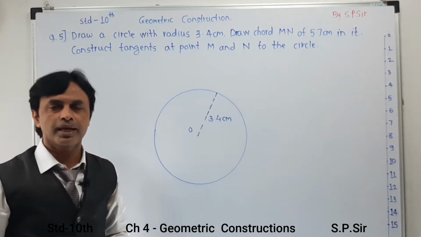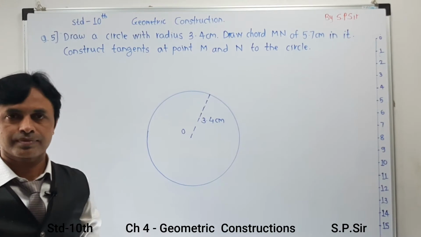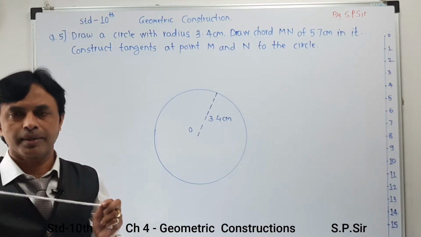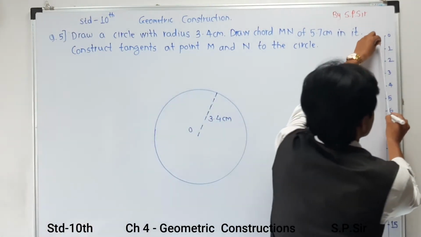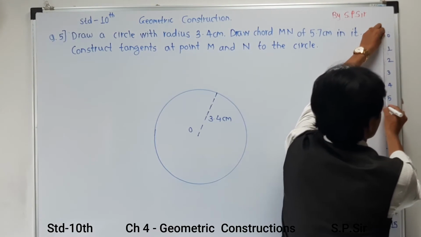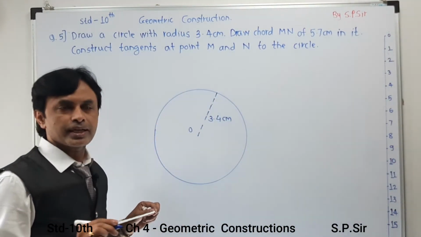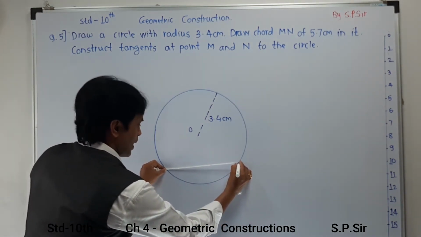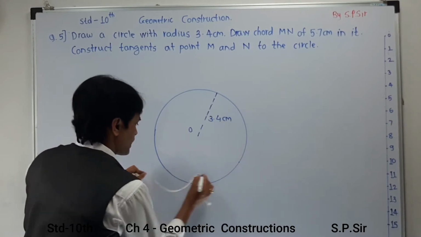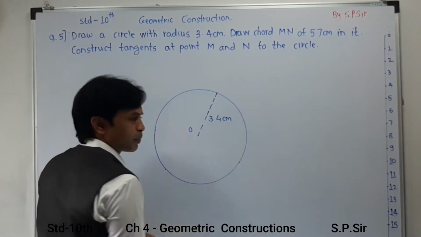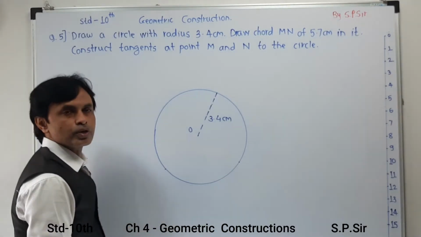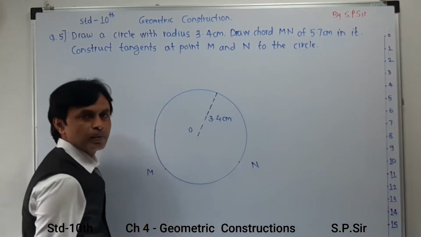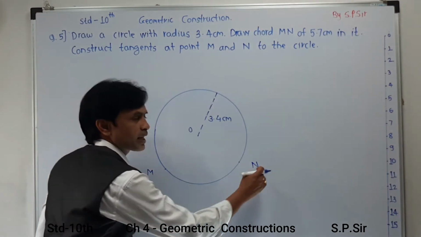There is also a second method. In the second method, take a compass, and in this way take a distance of 5.7 centimeter from your scale. Take a distance of 5.7 centimeter in your compass, and take the precaution that the compass pencil head and pointed head become parallel with each other, so that a proper horizontal line gets formed. So here I get two points, and generally this line must be properly horizontal. Name them M and N. Also, I would like to request that you keep this M and N somehow outside.